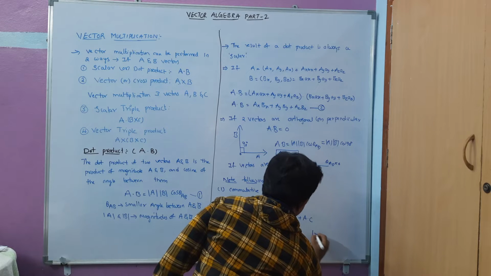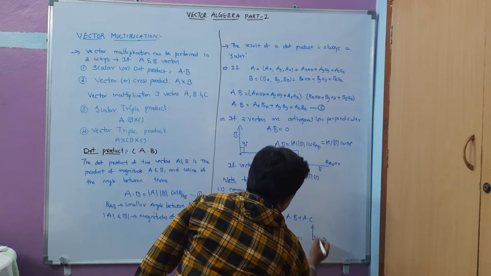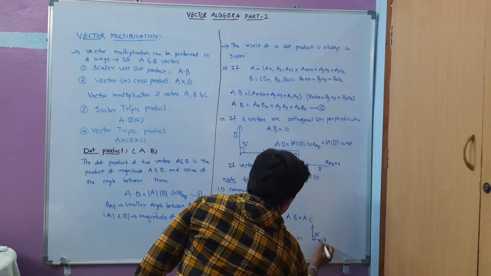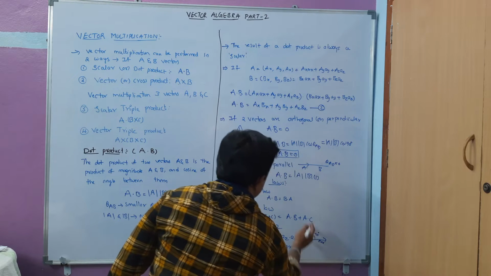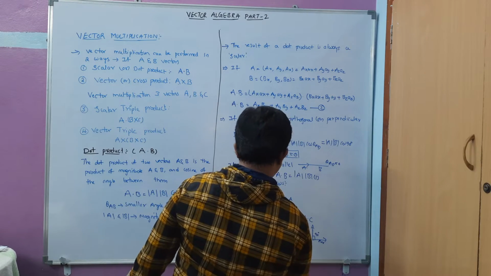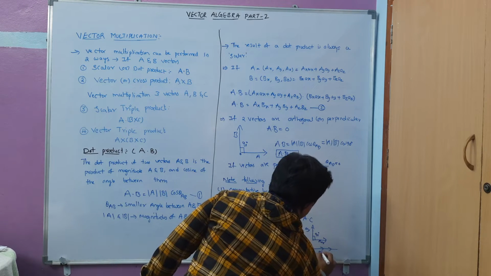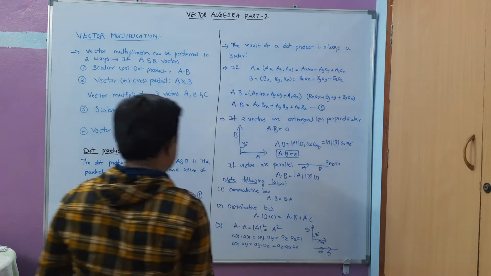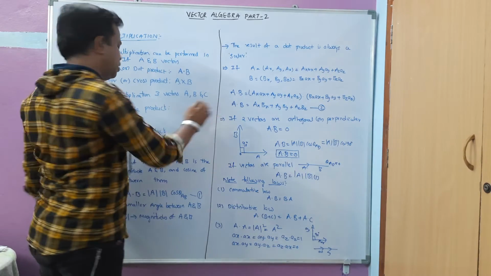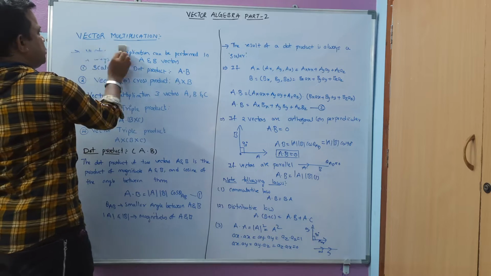You can visualize this like so: the dot product is for 90 degrees. Suppose you have Ax like this and Ay like this, the dot product of perpendicular vectors is 0, and if they are lying on the same line, then it is 1. Ax, Ay. Now let us see the cross product. This is the entire thing about the dot product. Now let us see what the cross product or vector product is.